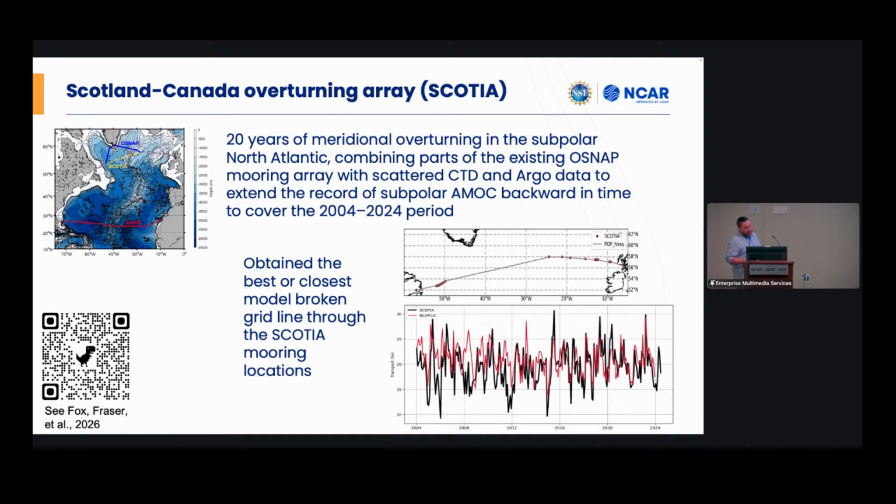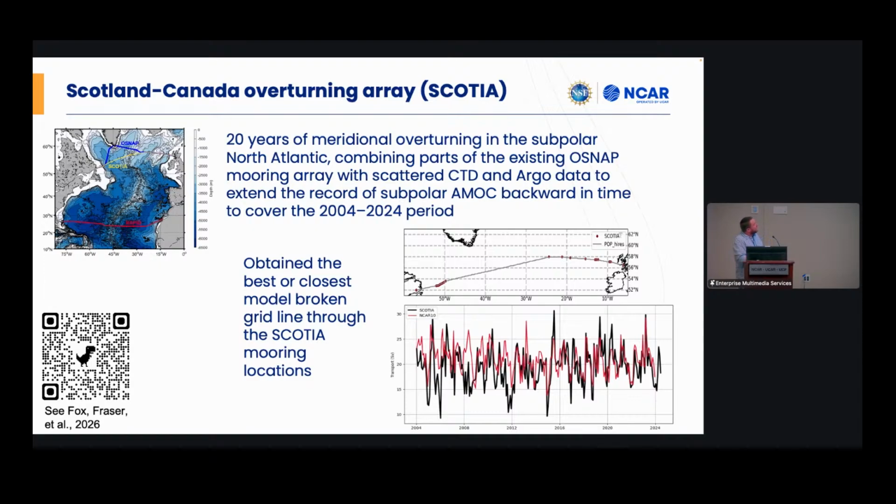They are not using the arrays around Greenland, but just the Canadian and UK end of the array in combination with Argo. Because of that, they have been able to extend backward in time. So it's the first time we have a long 20-year time series of overturning transport at high latitude in the